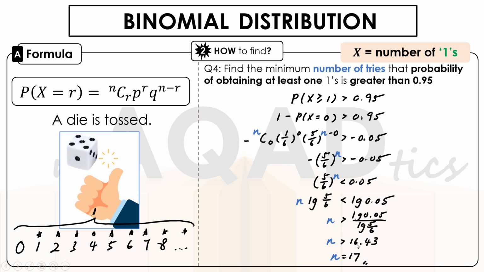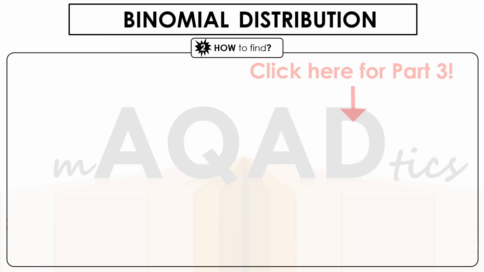Right? So this means if we repeat this experiment 17 times, the probability of obtaining at least one once would be more than 0.95. Right, so we do try 17 times to get this probability. And the second way to